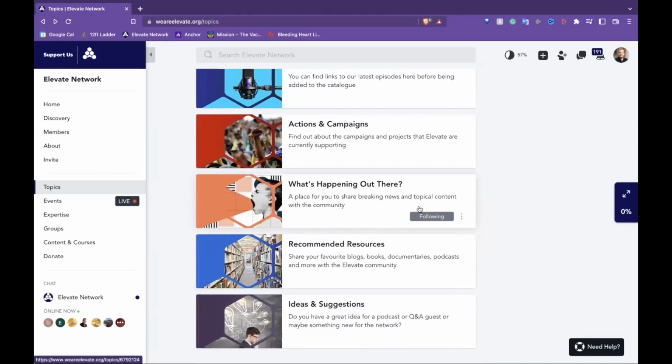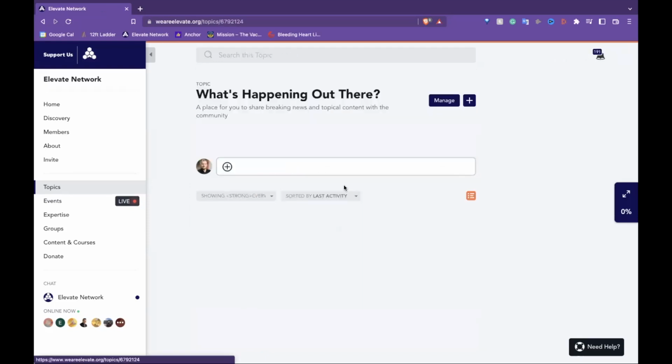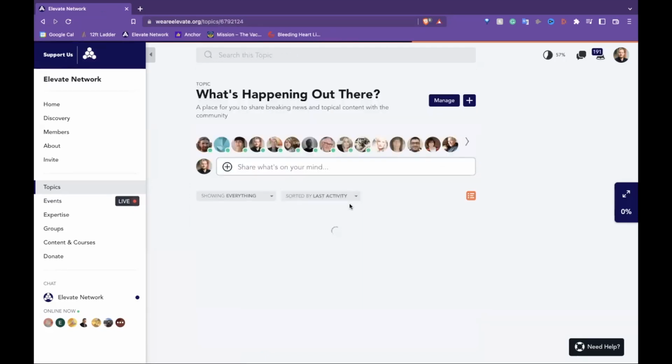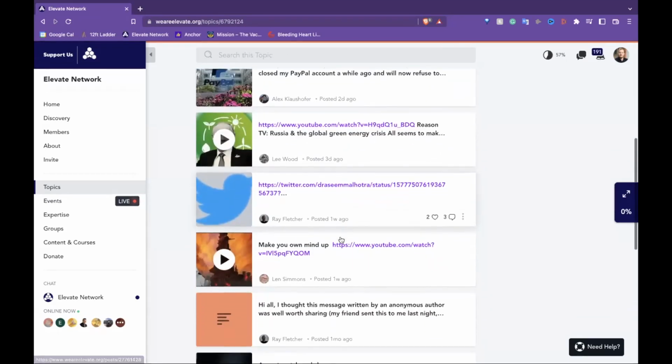Now, for most of the posts that you will make in the network yourselves, this is our primary feed. So what's happening out there? What we've learned over the last 8 months is what most people are generally sharing as resources about some of the kind of breaking news and topical content that's happening out in the world. And most of those things that are shared generally relate to the types of topics that we're speaking about on the podcast. So when you click on this feed, you'll see that there are stacks of posts here